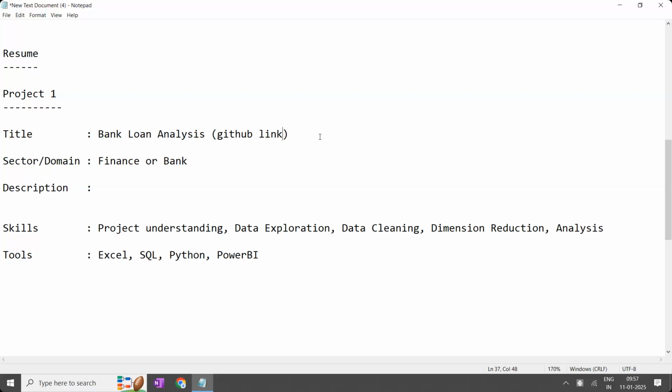Okay. So in the GitHub link, what should be there? Sir, this is the business problem that was given to us. Along with the business problem, this is the data. The problem and data, this is what they have shared with us. For this, I have provided a solution in this way. This is my solution.